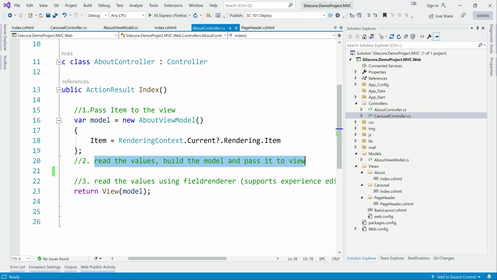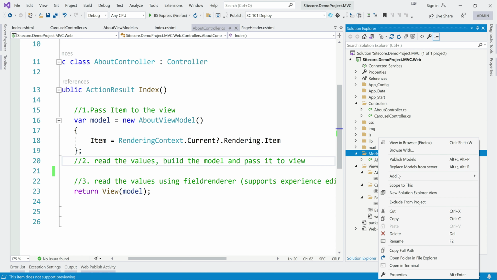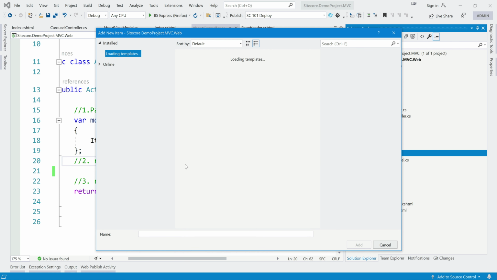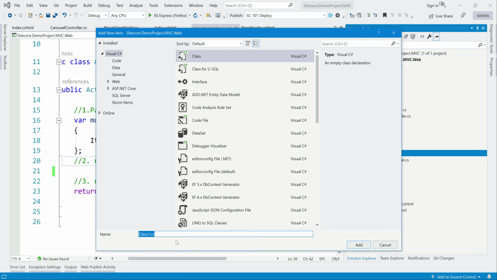In that case, those values bind to the model, and those values are not editable in Experience Editor. But whereas if you use the field renderer, that would be editable in Experience Editor. So we'll mix both, so that we can see the example. So for this, let's build a model first. As we are not passing a simple item, so let's build the model. Carousel model,